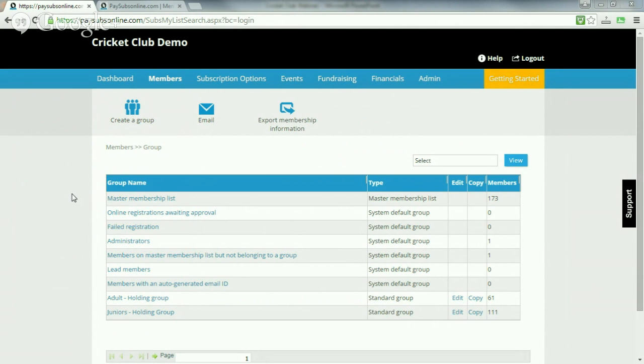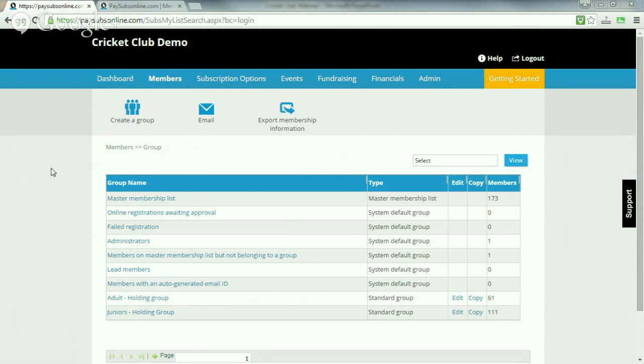But we're just going to go through that initial setup process, and then we're going to look to see what it looks like on a day-to-day basis, managing your membership online. Really, by the end of the webinar, I hope that I've given you a good idea of how you can do it online, and then you can compare that to what you're doing now, and make an assessment of what you think is best for the club.